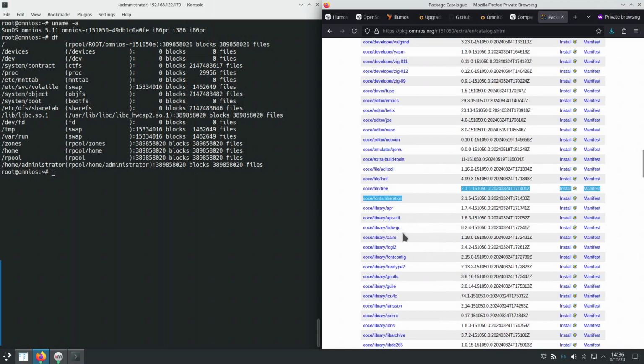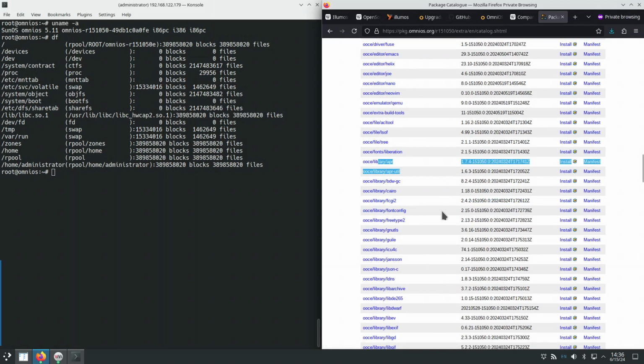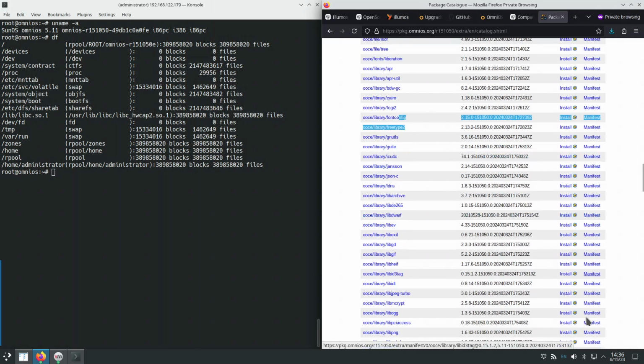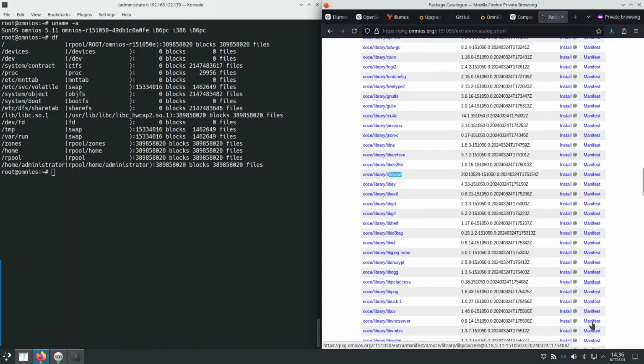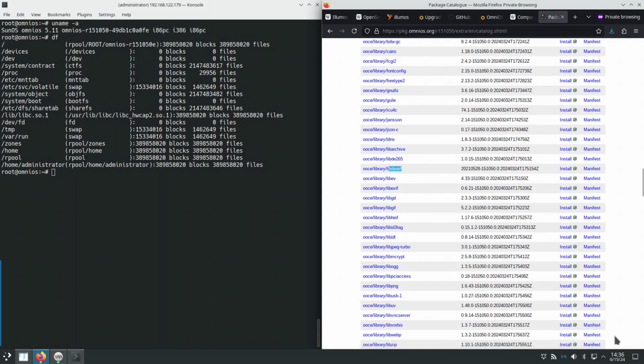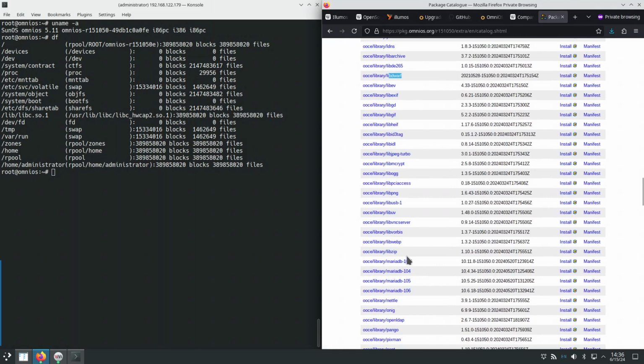Liberation fonts, support for HTTPD Apache, and for SVN, APR util, font tools, ELF support, compression libraries, more fonts,